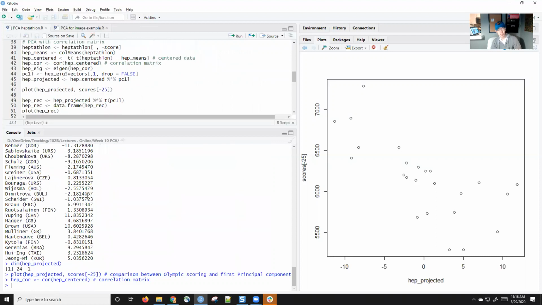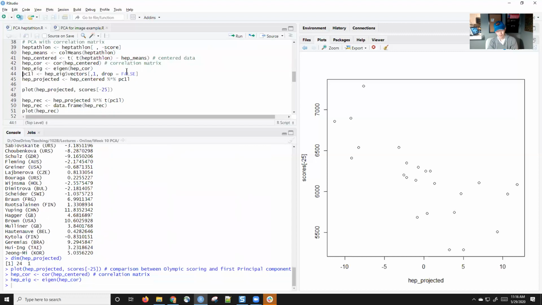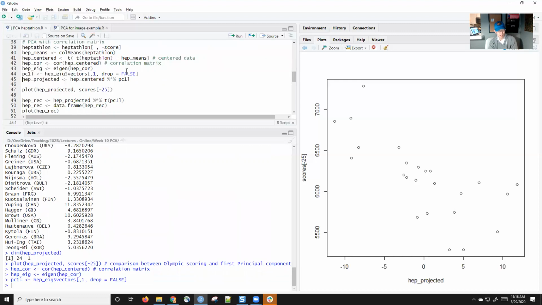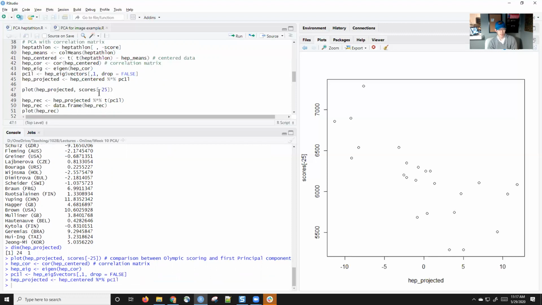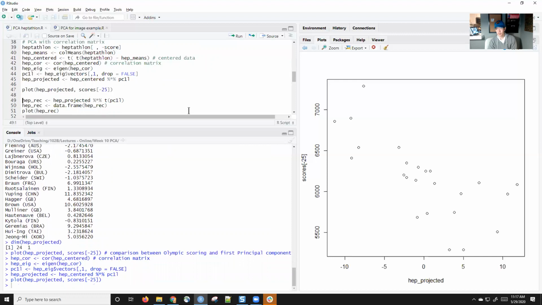So the correlation matrix basically scales everything so that everything has means of 0, but also variances of 1, and then we can do that. So here I'm going to find the eigenvalues and eigenvectors of the correlation matrix, okay? And then again, we're going to just keep the first column, and then we'll go ahead and project it down, okay? And so if I do this, we get a lot better correlation between